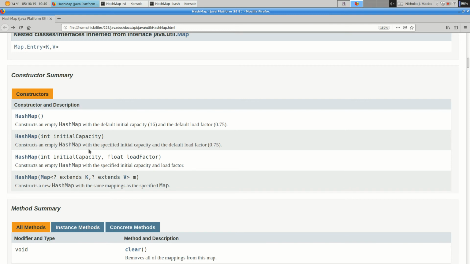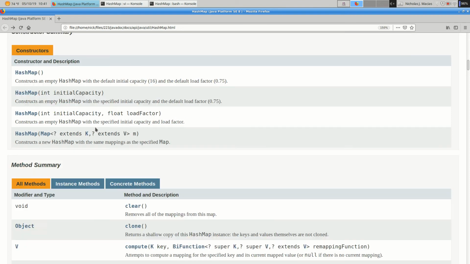So your load factor is just how many of your cells are full, basically. So default load factor of 0.75 is when it decides this hash is getting too crowded. And when that happens, it'll go ahead and expand the size of the hash. And you can explicitly do this